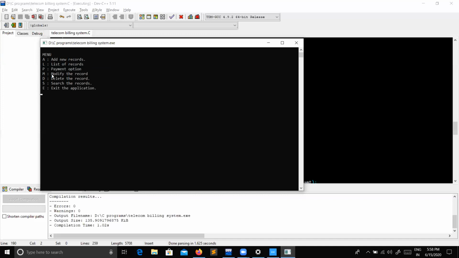Now we can also modify the records. As I told, we'll press M, and we need to enter the number of the subscriber, and I'm entering it. Now enter the new number which you want to update for the user.